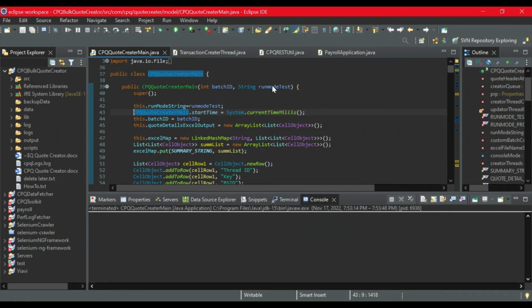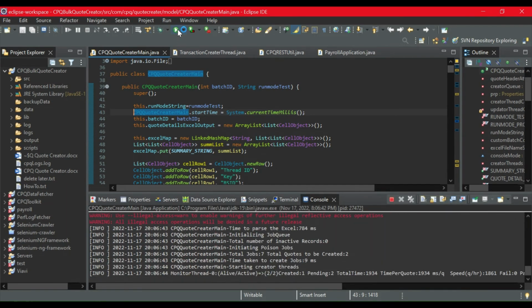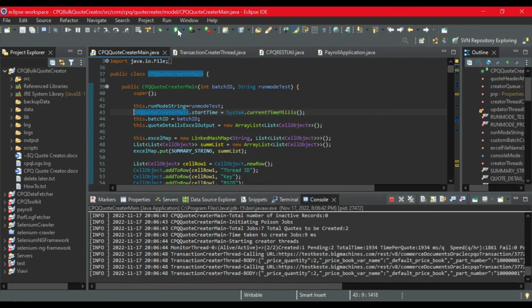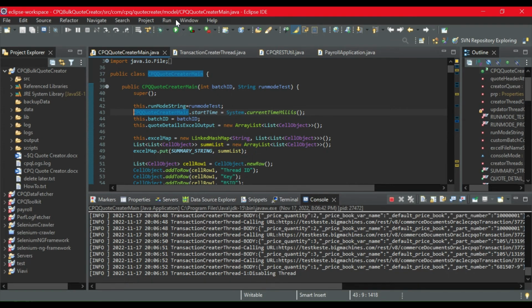Once the spreadsheet with the legacy data has been set up, the program is ready for execution. We would be executing the program on a local desktop. On starting the execution, the custom bulk quote creator utility parses the spreadsheet and validates the input data. The program then processes quote level data for each quote and calls CPQ REST APIs to create a quote and